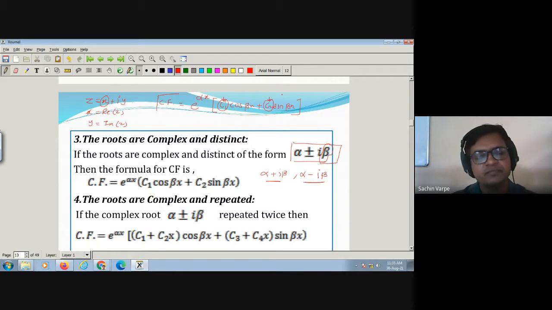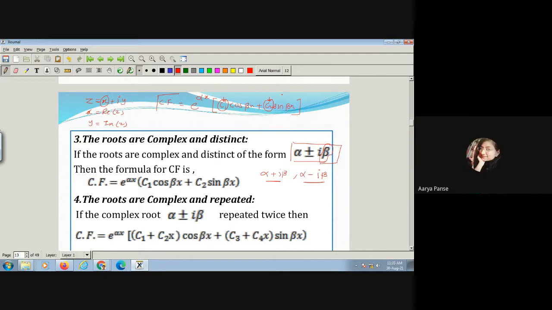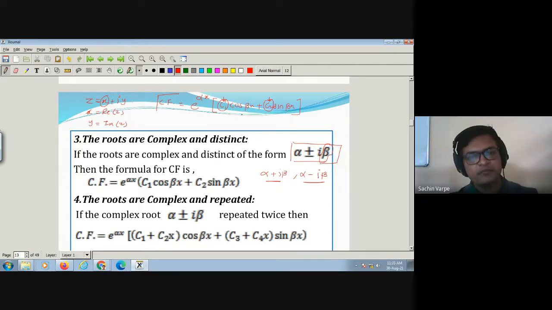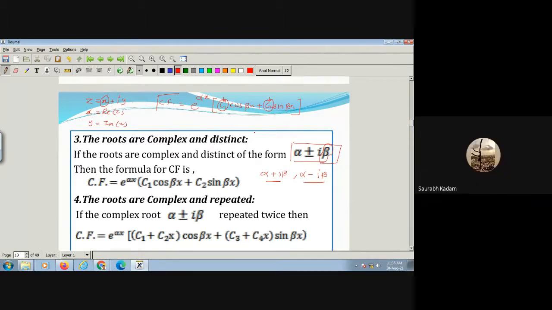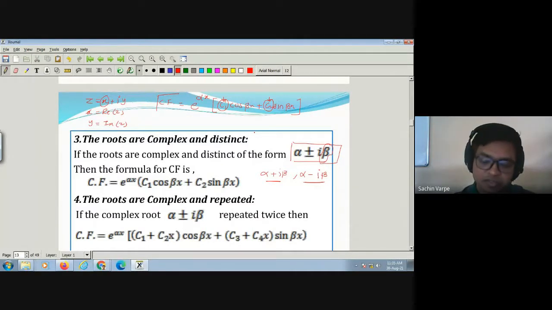Is this point clear? So let me ask you, if we have a differential equation of order 3, then can we get all the roots to be complex? Is it possible to have all the roots complex? Why? No, sir. Two will be complex and one will be real. Yes, if all the roots are complex, then for every complex root there must be its conjugate, right? So if the third root is complex, then its conjugate will be there. So totally there will be four roots.